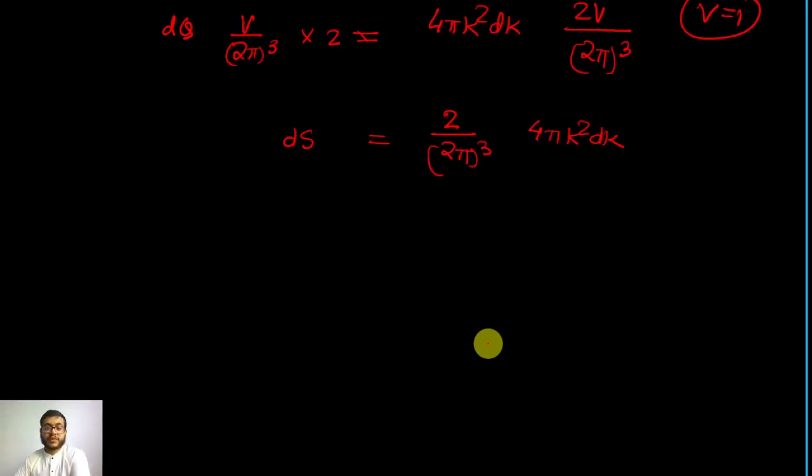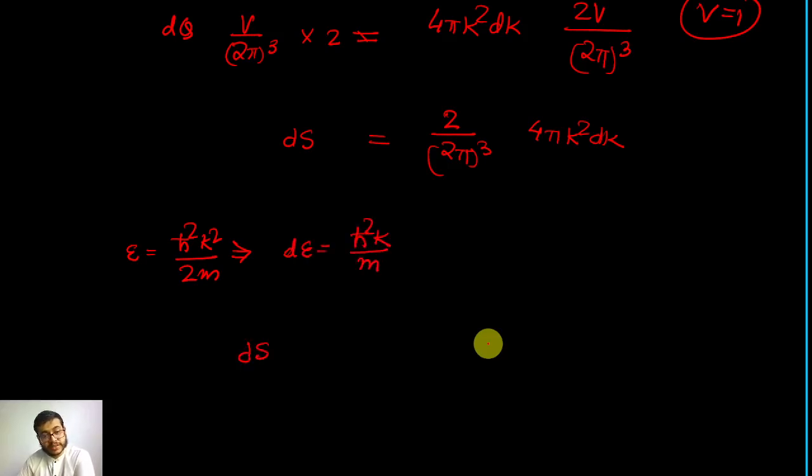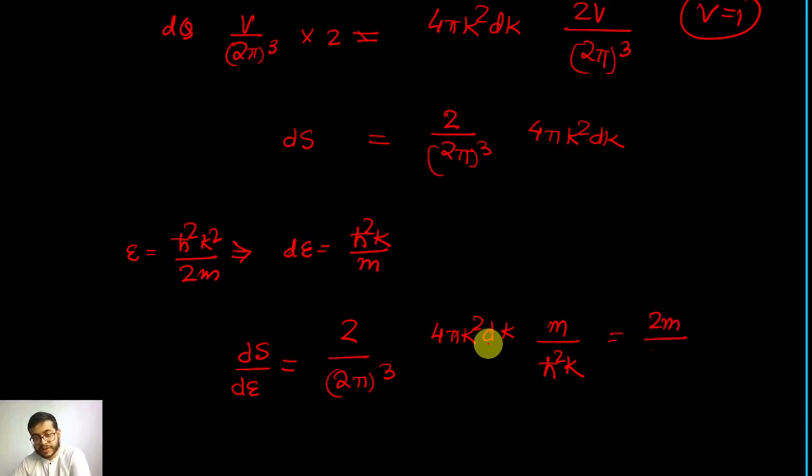But again, now we want to see what is ds/dE, right? So what is dE? E is h bar square k square by 2m. So dE is h bar square k dk by m. So ds/dE is basically 2 by 2 pi cube into 4 pi k square dk into m by h bar square k. So that is 2m by h bar square 2 pi cube 4 pi k dk. Okay,